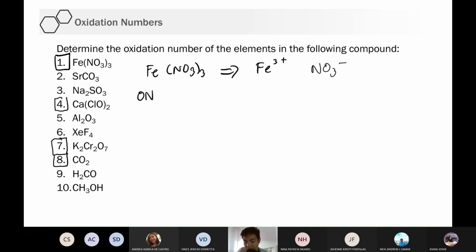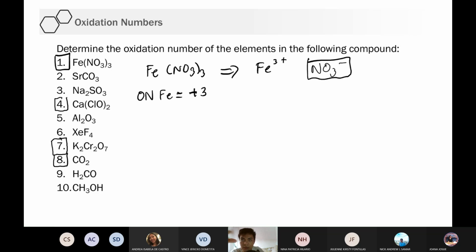So, the oxidation number for iron is positive 3 because we have a monoatomic ion here. How about the nitrogen and the oxygen? As you can see, we have a polyatomic ion here. And according to rule number 3, the sum of the oxidation numbers of the polyatomic ion...